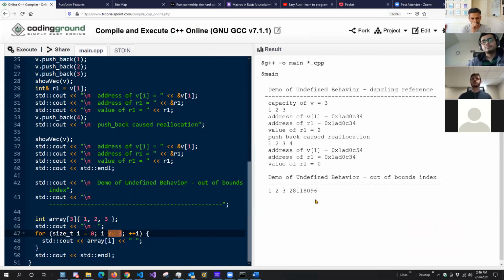Now, in fairness to C++, modern C++ has lots of idioms to avoid all this. You absolutely can write safe code, memory safe code in C++. I would use the range-based for loop down here, and I can't step over it, because I'm defining it in terms of the begin and end of the collection. And if I used an iterator instead of a reference, this would have thrown an exception here,